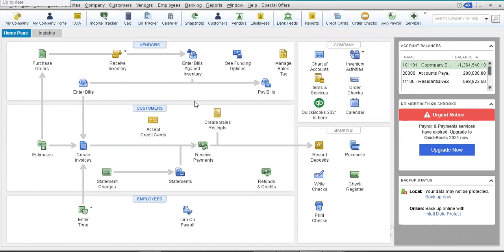So my dear friends, in order to receive this piece of inventory, what we have to do is select this particular item on our list, and here we have two further options: receive inventory with bill or receive inventory without bill. Sometimes the items that are sent to us by our vendor, the invoice is sent alongside, whereas sometimes the items are received in advance, whereas the bill is received later. So first of all, we'll try to see how it happens when we receive inventory with a bill.